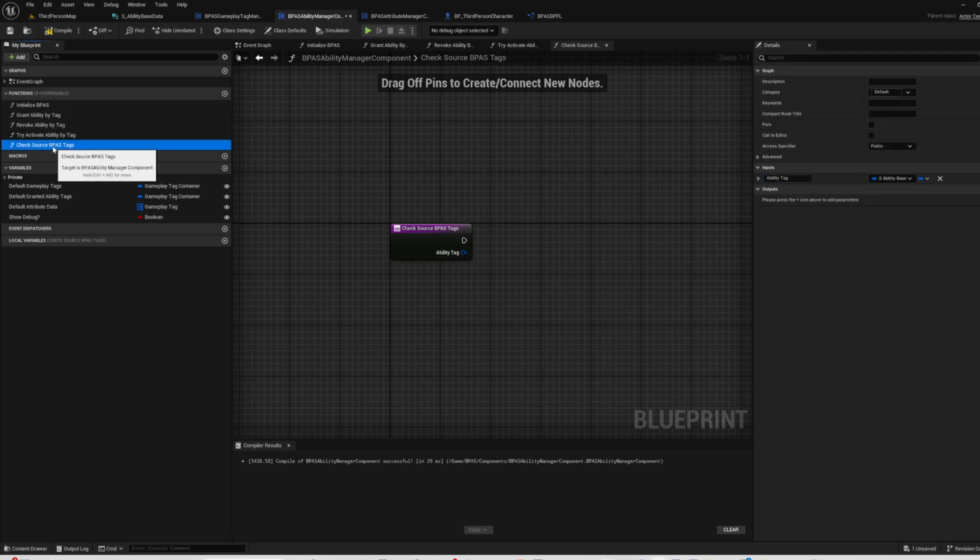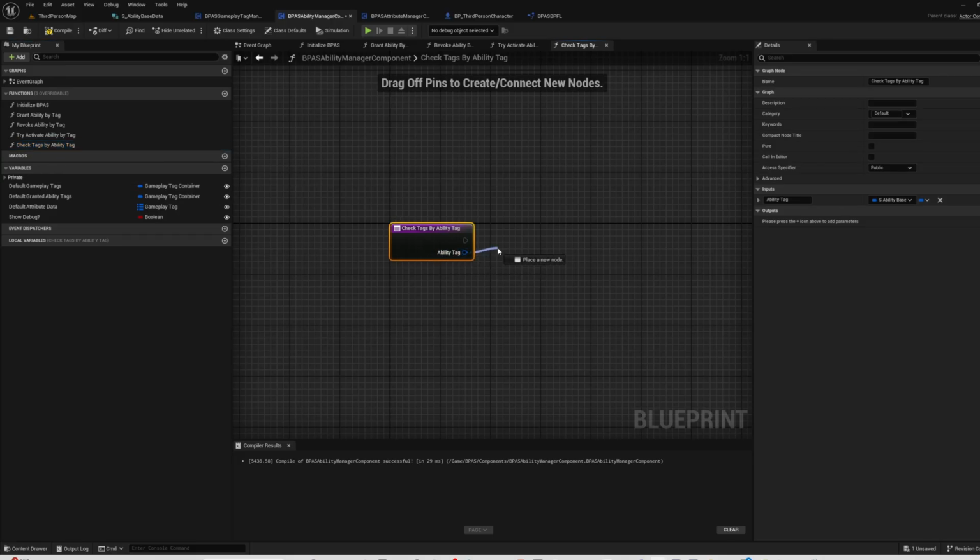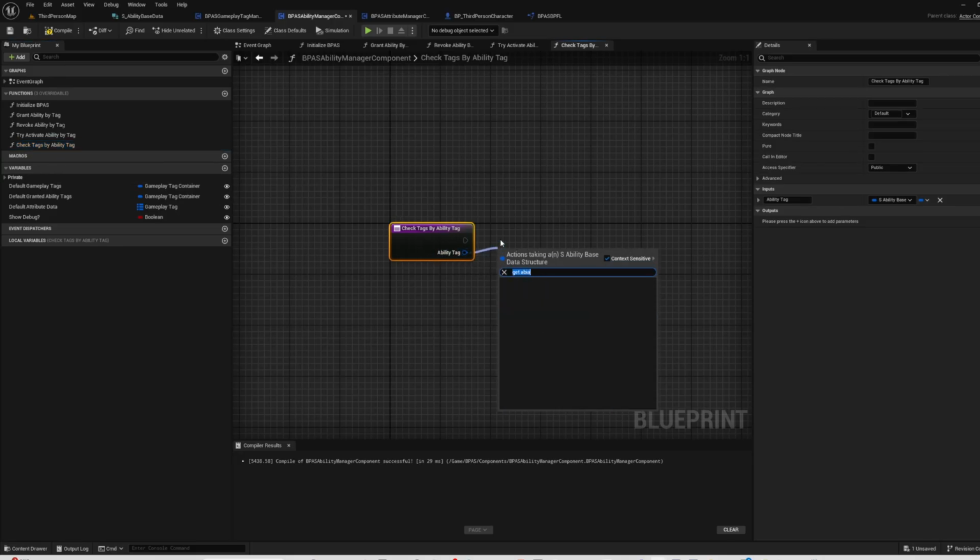Ability tag, and we can change this to check source. Or no, check ability. Sorry, check ability tags. Check tags by ability tag. And ability tag, and so we're going to get